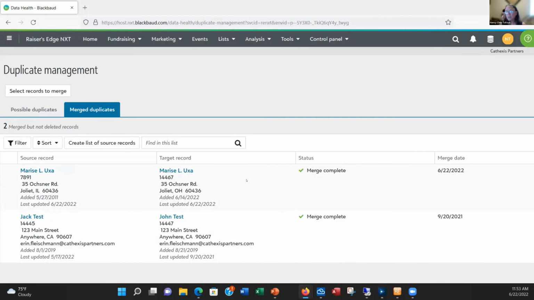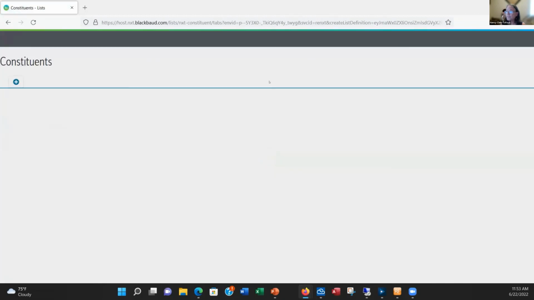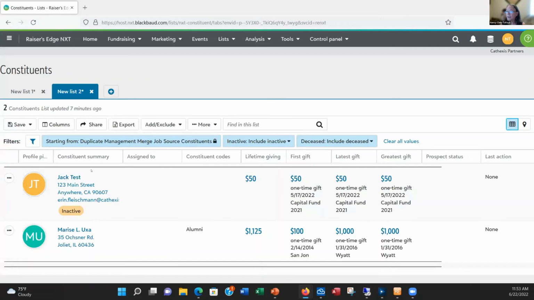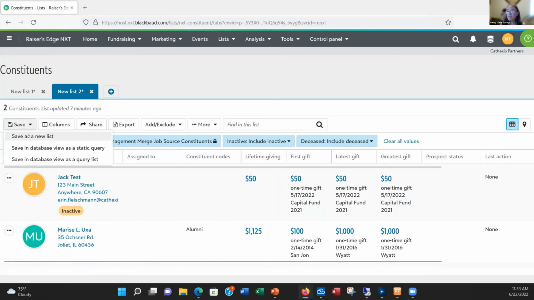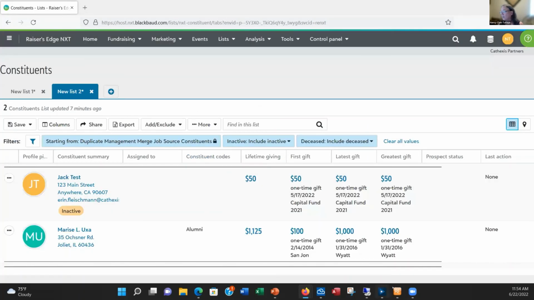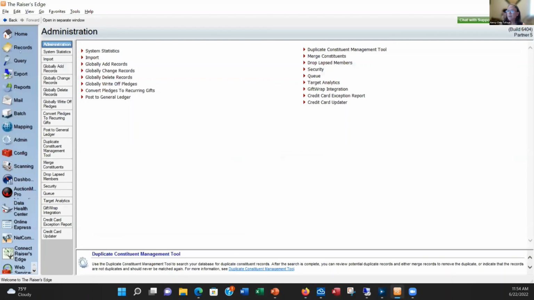What I need to do to make sure that these records get removed from Raiser's Edge completely, I need to create a list. So I'm going to take all of these, create a list of source records. Here they are. I do a save as a static query in database view. I'll just call this test. Save it. And then when I go into database view under query,